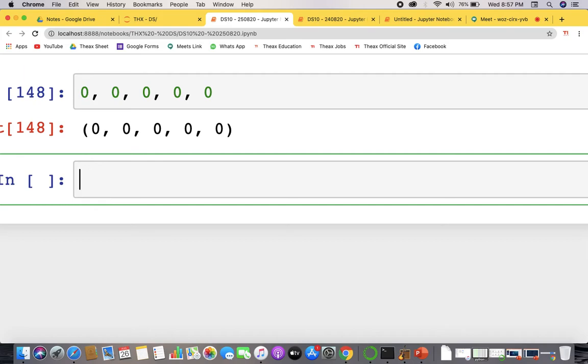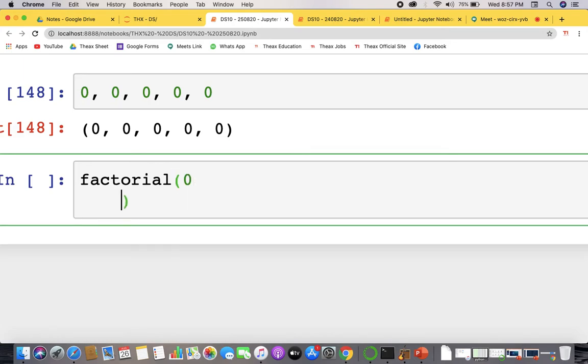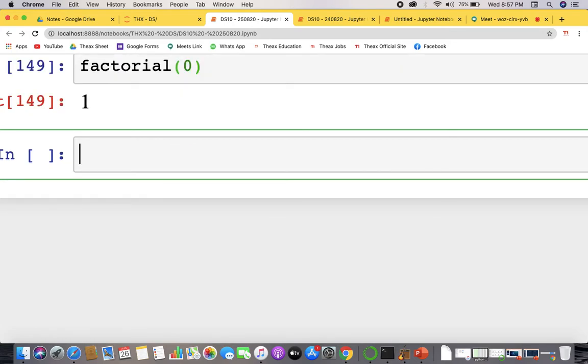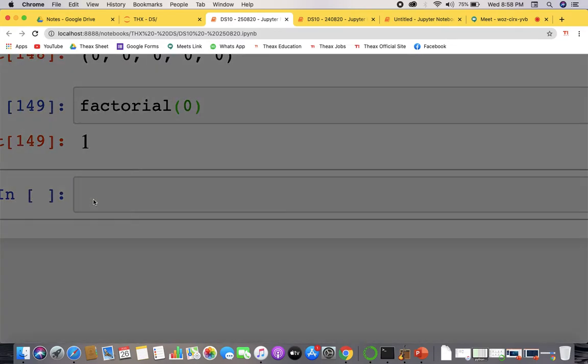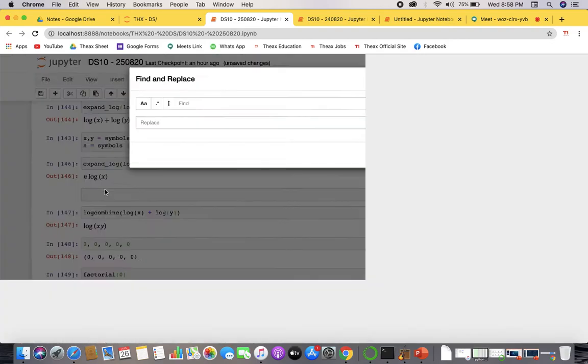It's very easy, right? You must have read about factorials, right? What is the factorial of zero? If you remember, that is 1. So what if I write a factorial of